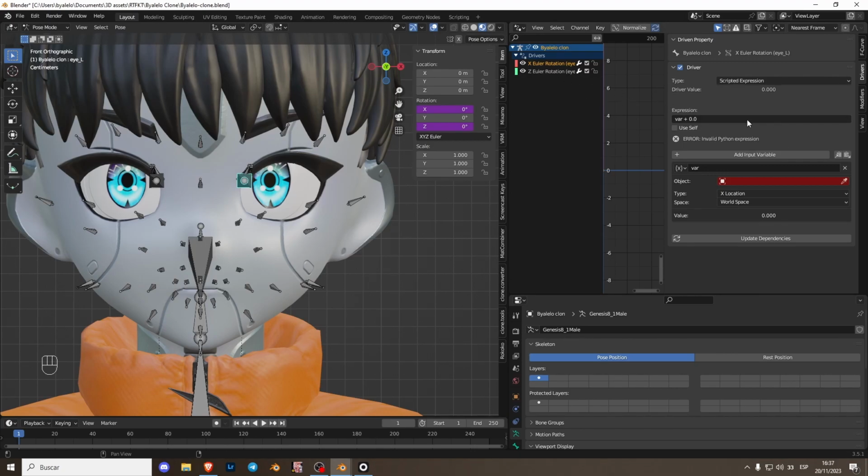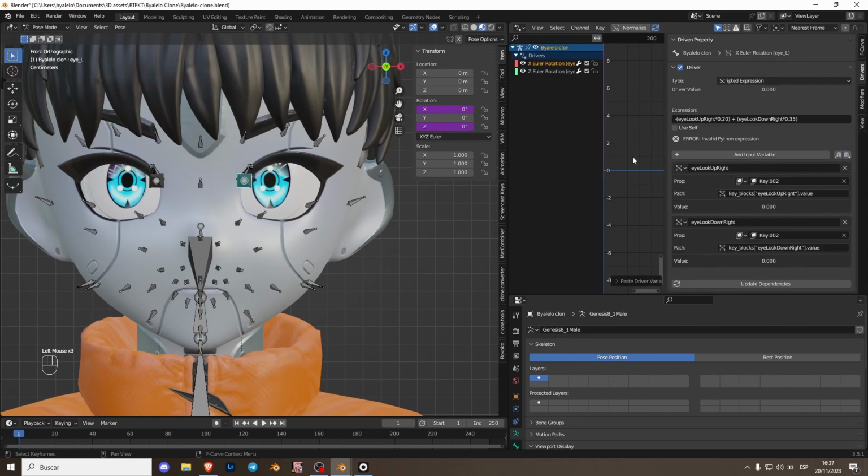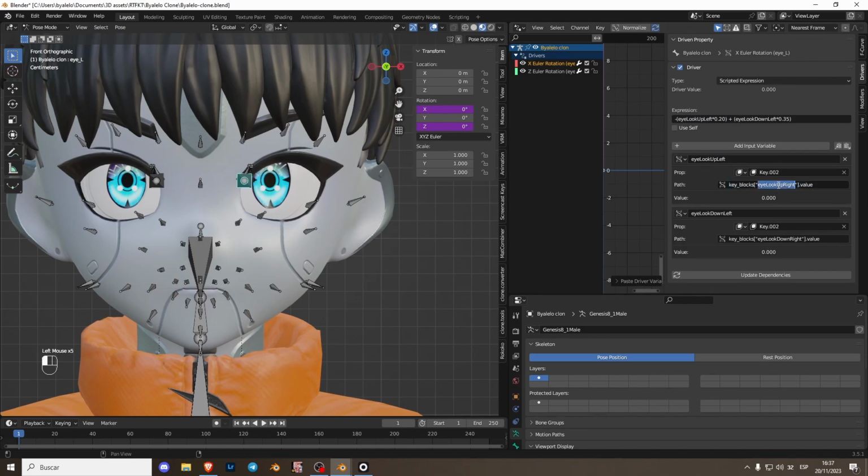On the XC we paste it here and we paste it here. Now what we have to do is change the right for the left. So here, here,